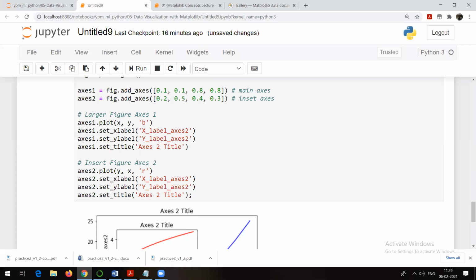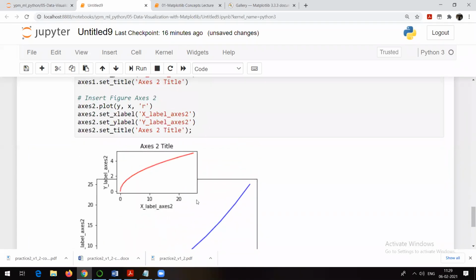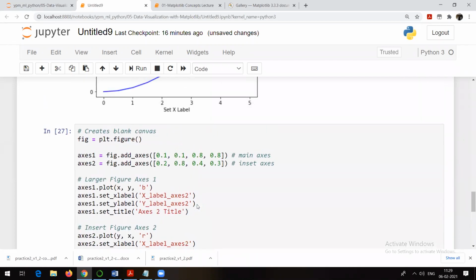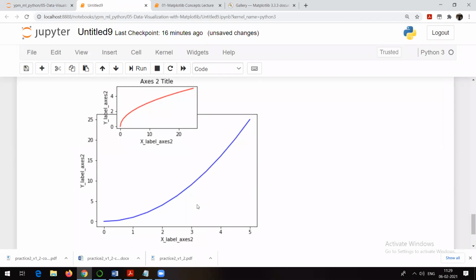Suppose let me make a change here. 0.5 it is. Let me make it as 0.8. And now let's see. Now see, your graph is outside that bigger graph. Because what I have done is I increased the distance from the bottom, not height actually. So distance from the bottom means what? Distance from bottom means this distance. Okay. So likewise, you can actually see by making the changes in the graph.